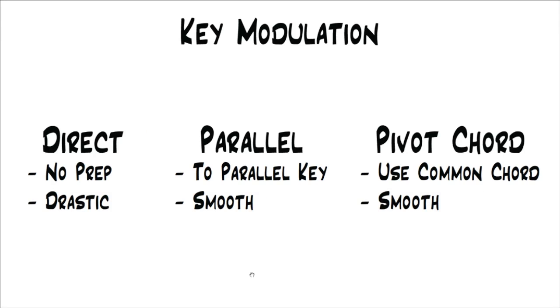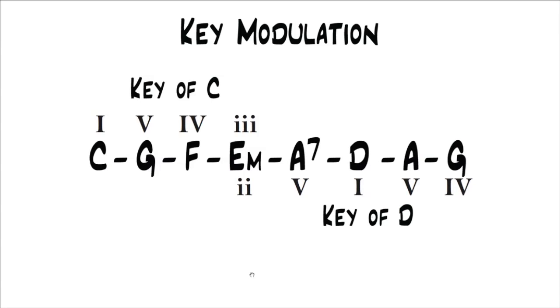Or one of the most common ways to do it, and one of the smoothest ways to do it, is using something called a pivot chord. And using a pivot chord is when you take a chord that's common to both keys and use that to pivot into the new key. For example, if we were in the key of C and we had a chord progression that was C, G, F, E minor, well that's a 1-5-4-3 in the key of C, but we're going to the key of D, that E minor is also the 2 chord in the key of D, so we've used this as our pivot chord